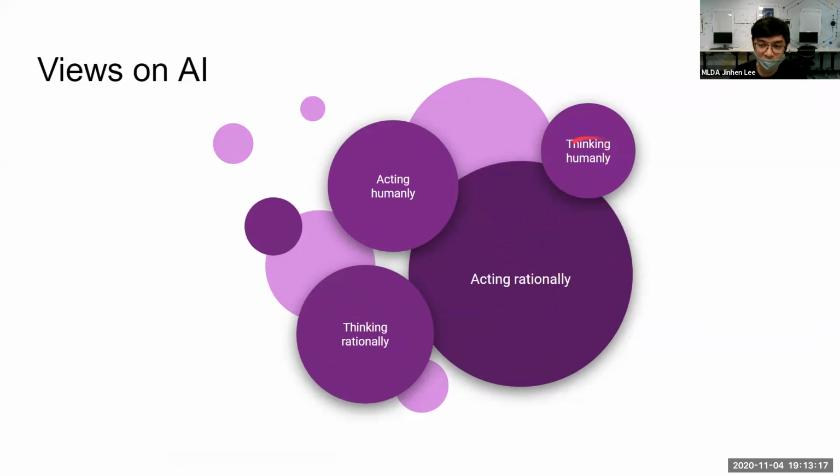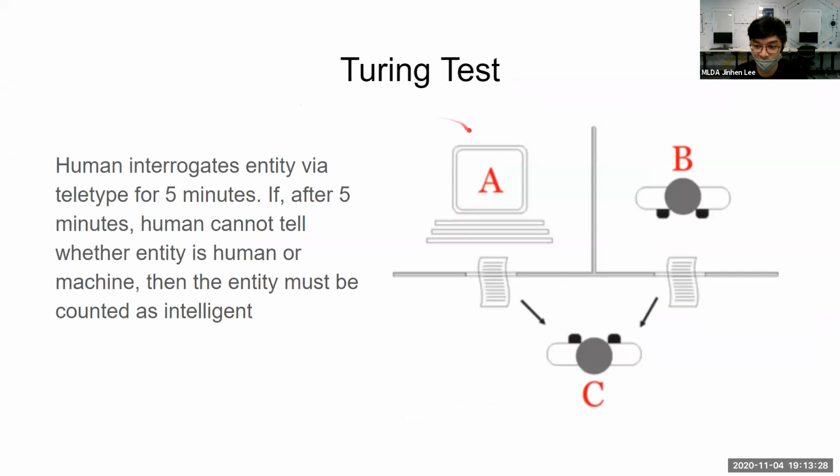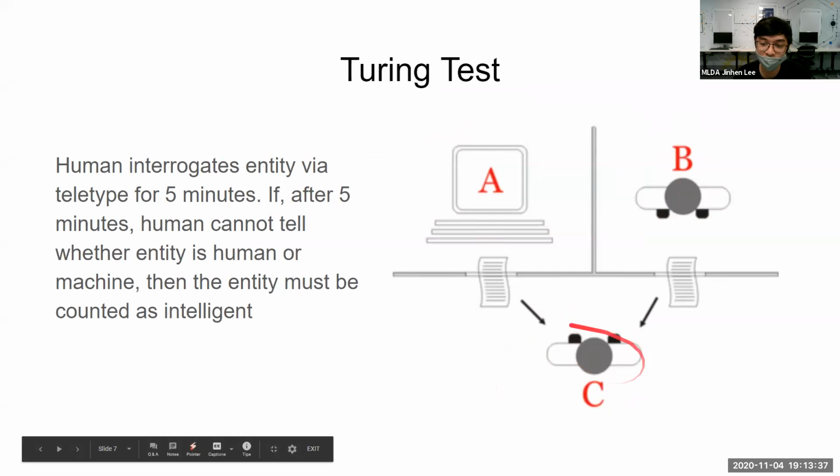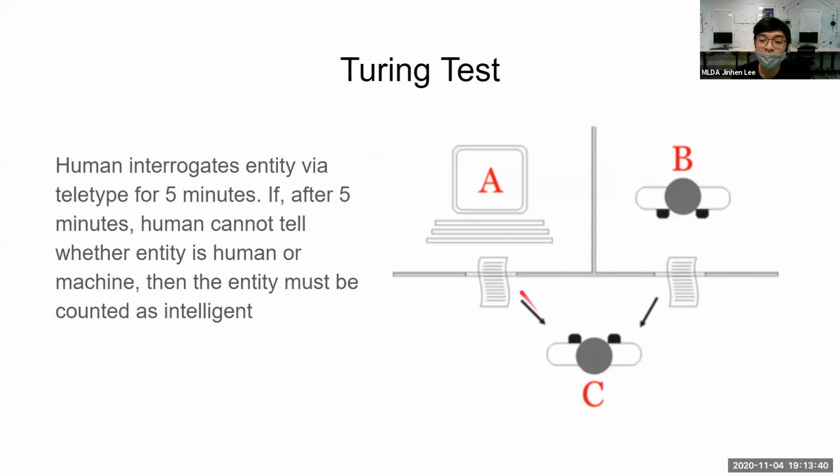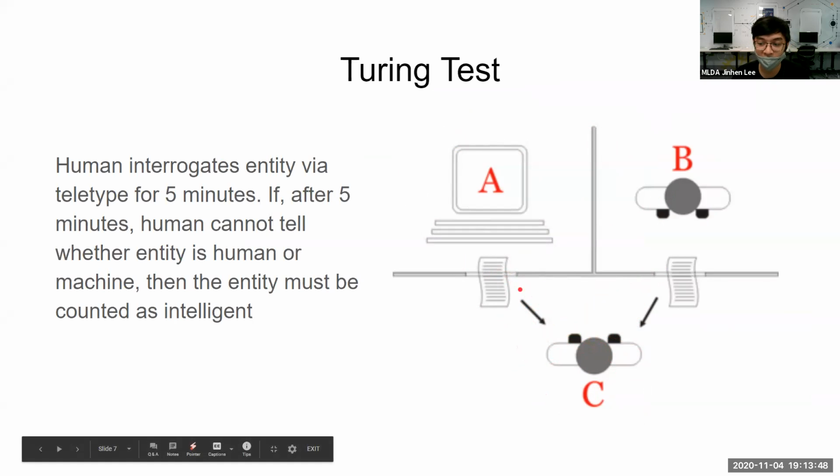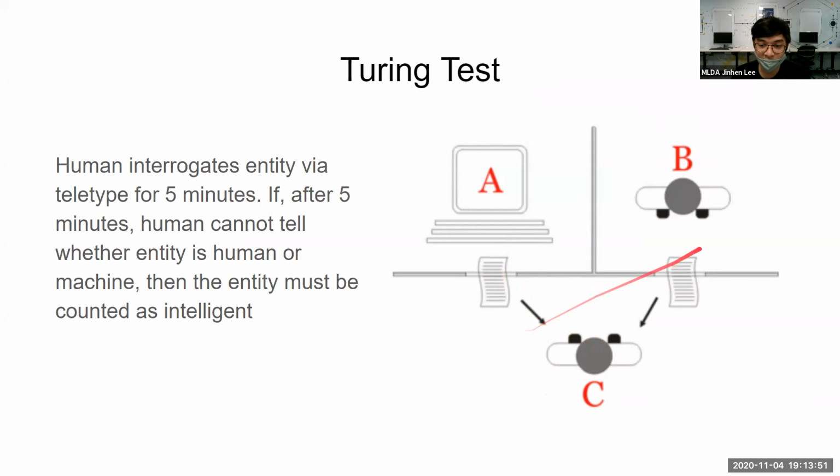Whereas when you're talking about thinking and the human aspect of it, it might be a bit hard to replicate exactly our human nature. In fact, we have a test for acting humanly, and we call it the Turing test. The Turing test has 3 entities: A is a computer, B is another human, and C is another human. C will talk to A and B in a conversation, or maybe an interrogation, of questions and answers. A and B have to answer and have a conversation with entity C, who is a judge.